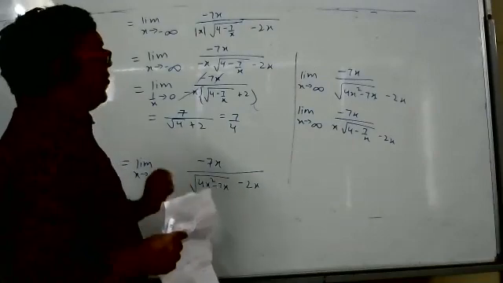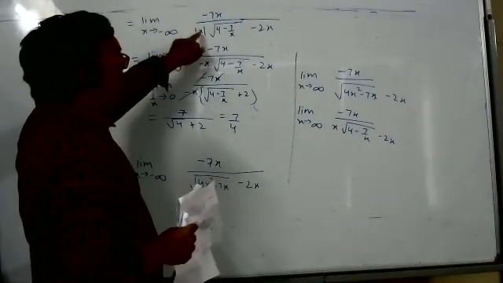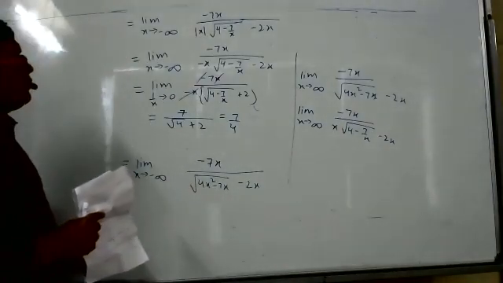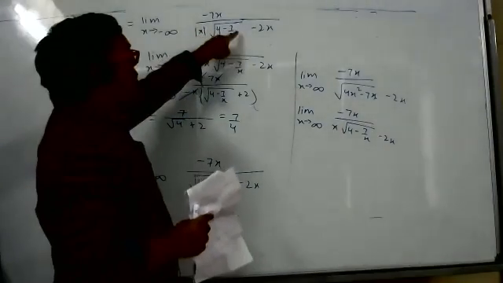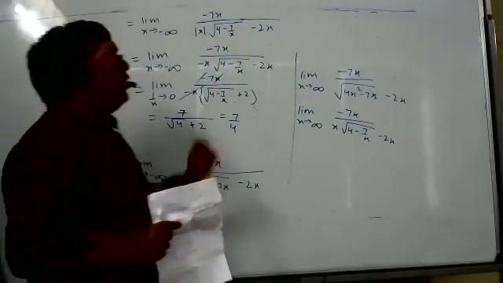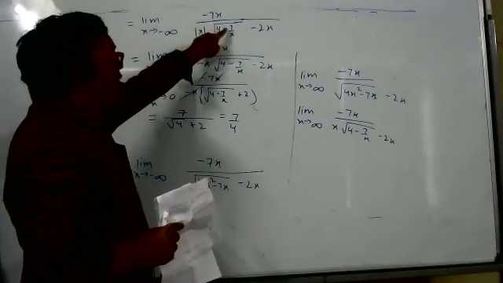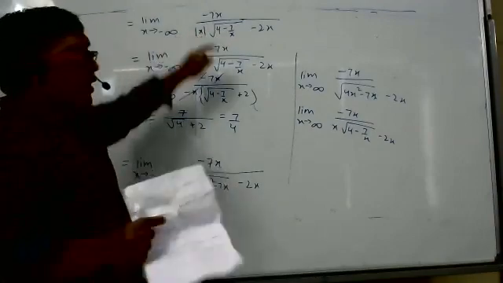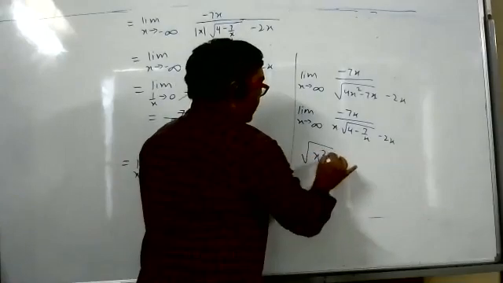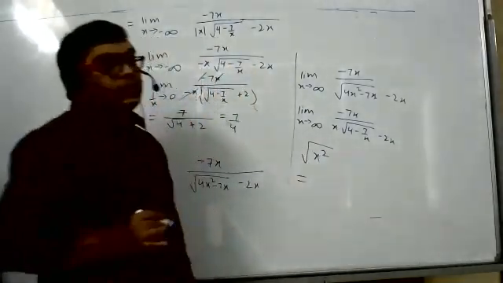You can ask me something if you have some doubt here. Here, definitely we have to write mod x only, not x, because root is always positive. These types of one or two sums we have done long back also. One more thing I have taught you. Suppose I ask, what is the answer for the square root of x square, whole square root?